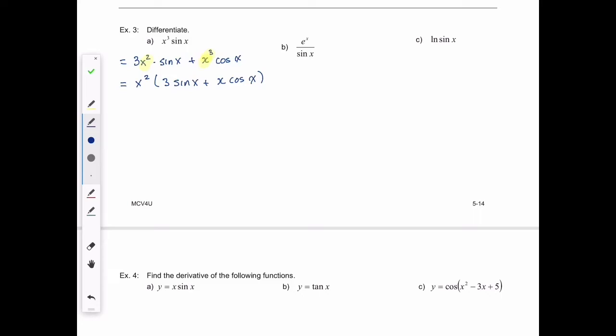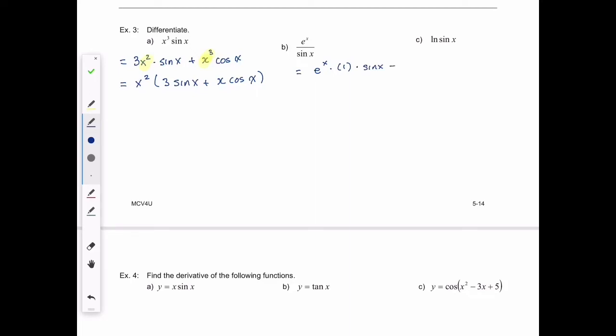For example B, we have to remember that derivative of e to the x is e to the x times derivative of the function. Well, in this case here it's x. All right, so we're using the quotient rule. So derivative of the numerator is going to be e to the x times 1 over times the denominator